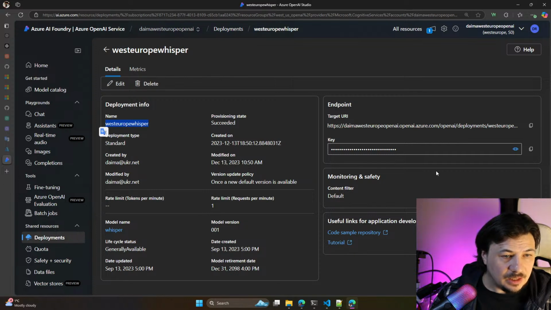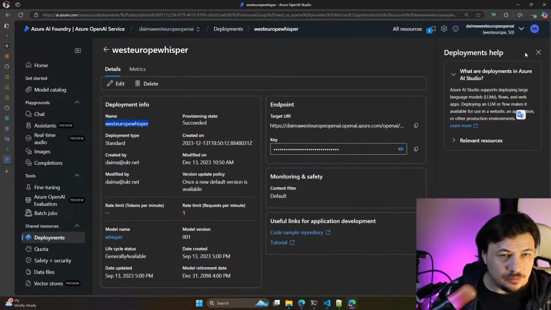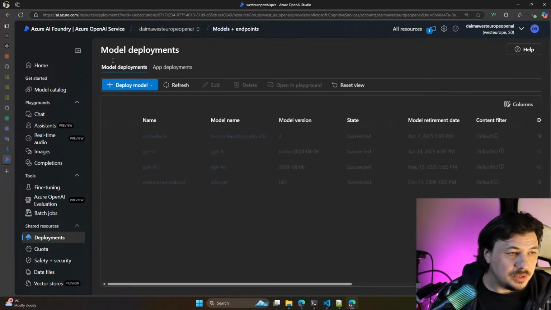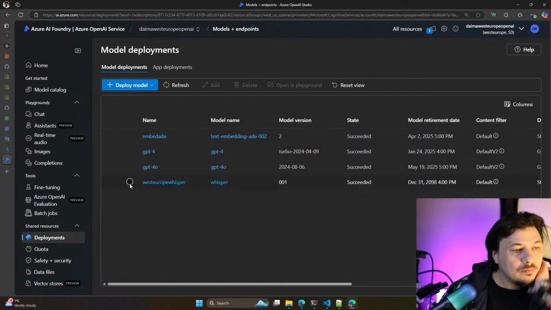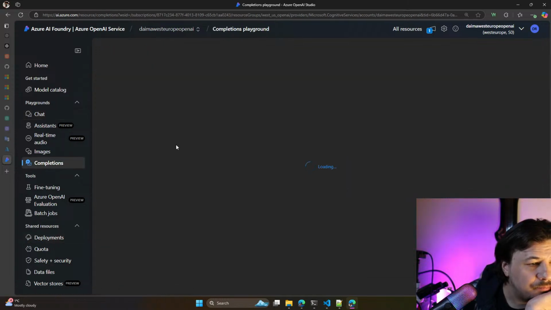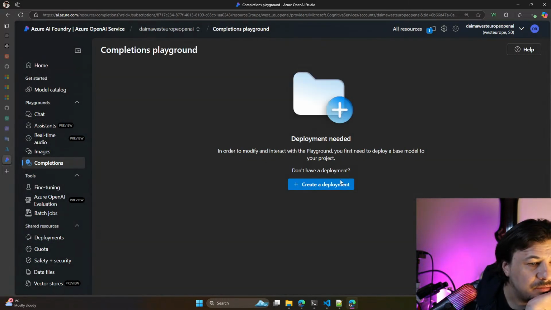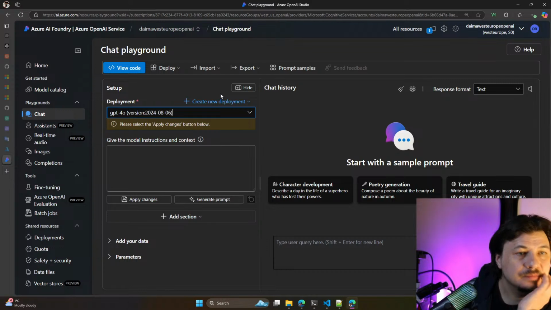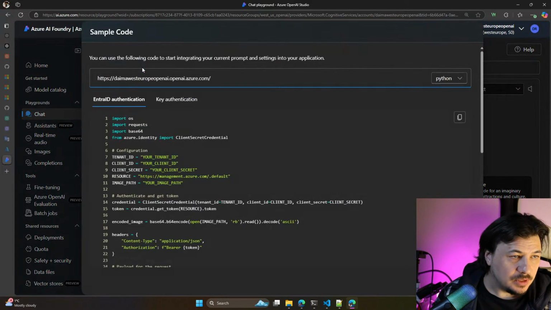Do we have any help? Tutorial, content filter, help? Metrics, no metrics. Okay. And for GPT-4, it could be completion, yeah. And if we don't have deployments, come on. GPT-4, and do we have some view code?